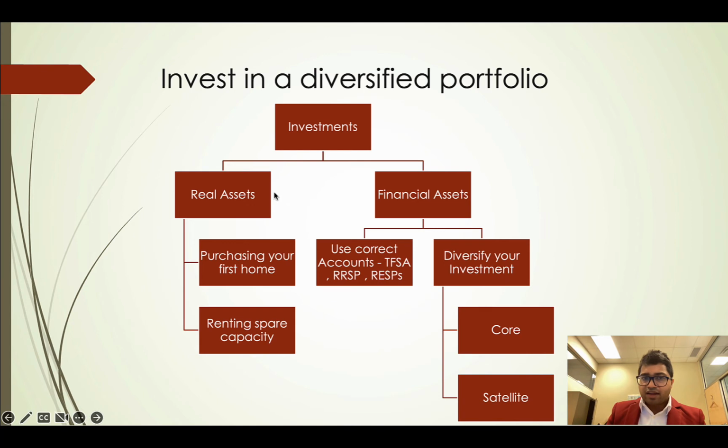You can invest in real assets. There is certainly an advantage of buying your first house, your first home, because in Canada you have the principal residence exemption, so there is no capital gains tax on a primary residence. Plus when you're renting, you're paying someone else's mortgage. When you buy your own house, you're paying your own mortgage, so you're building home equity in it. Housing is one of the primary assets that Canadians have, so it's a great advantage to have your first house. There are pros and cons about having a second investment in real estate. There is a video that already covers that, so if you're interested, watch it.